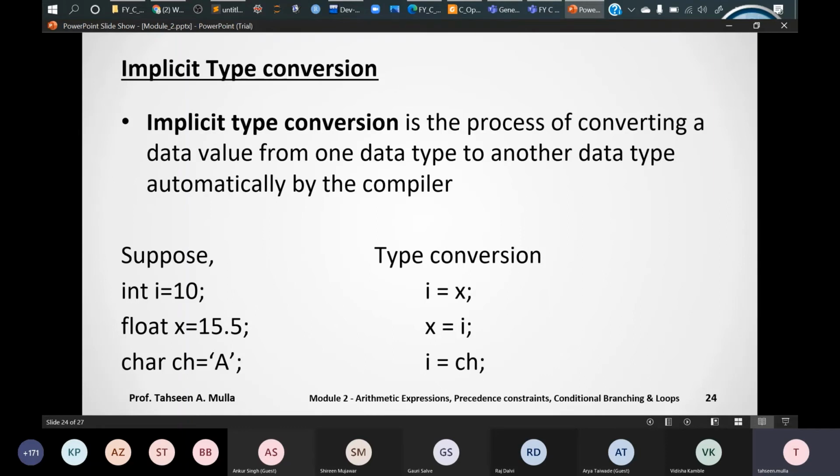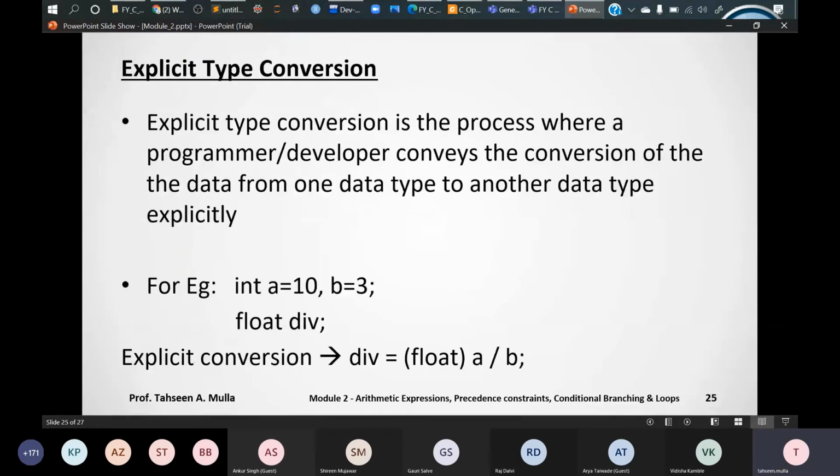And in the second part, explicit, we need to tell the compiler explicitly that I need this answer to be changed into another data type. We'll see that and we'll go for examples of implicit type conversion and explicit type conversion also. So this is the second one, explicit type conversion.